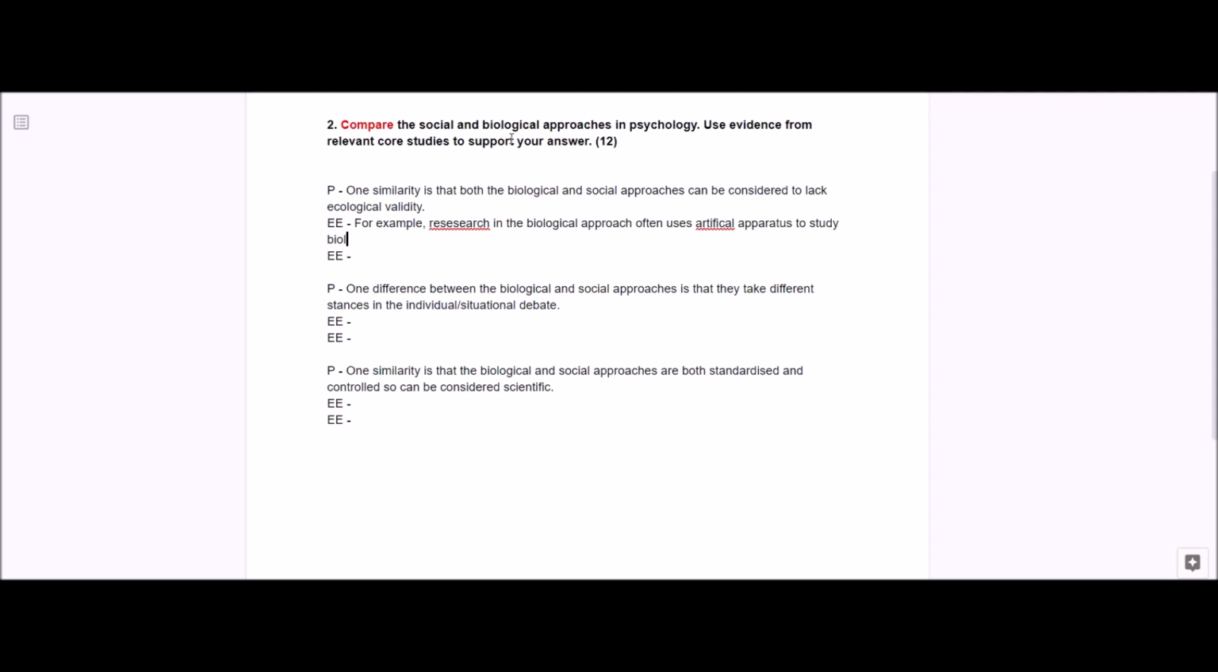So I need to elaborate on this for the social and provide evidence of a study to back up my point, and same for the biological. So I will say that, for example, research in the biological approach often uses artificial apparatus to study biological functions